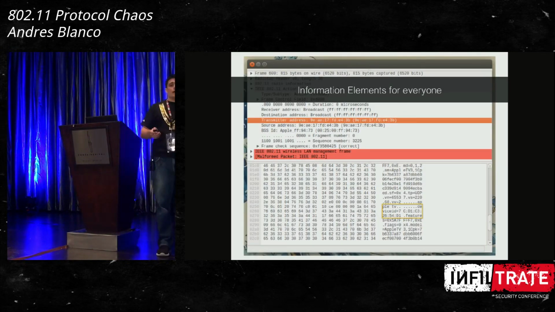Then we have, for example, iOS devices. In this case, this is an action frame, a management frame from an Apple TV. This is a funny case because Apple was one of the first to implement MAC randomization to protect devices from being traced. And here, as we can see in the transmit address, is a MAC address that is randomized. So if I grab another frame from this device tomorrow or in a couple of hours, it's going to be different. So I'm not going to be able to trace it.